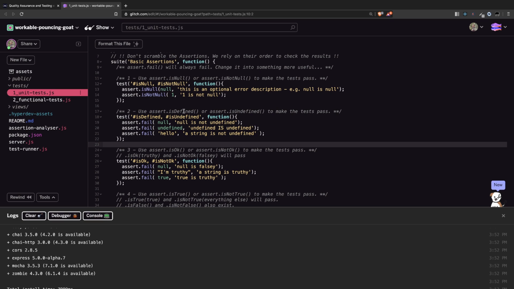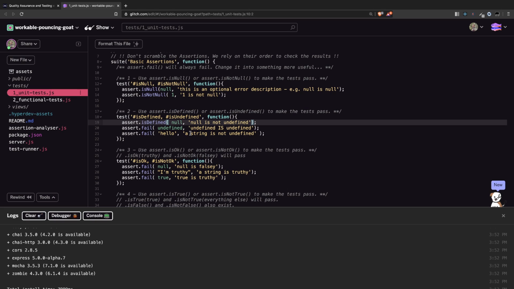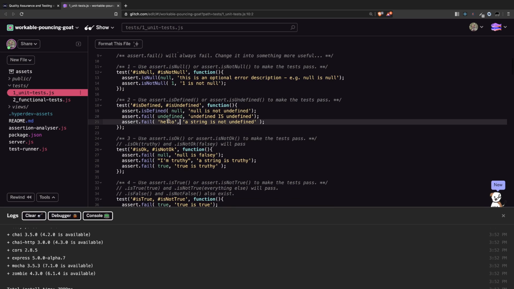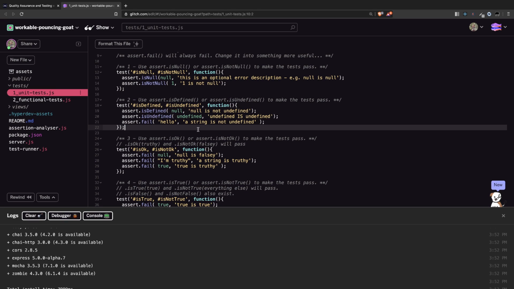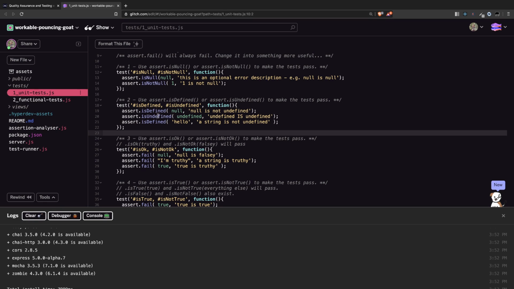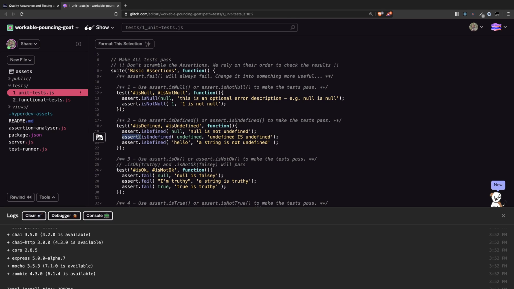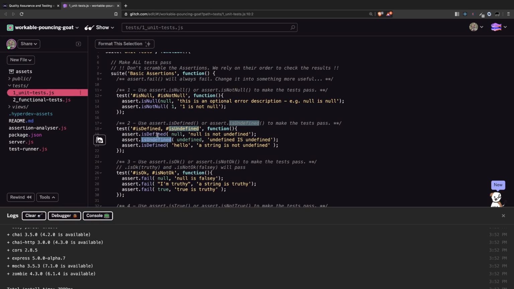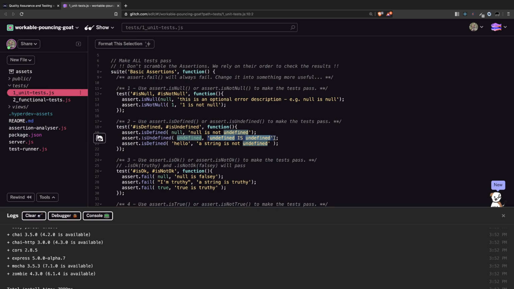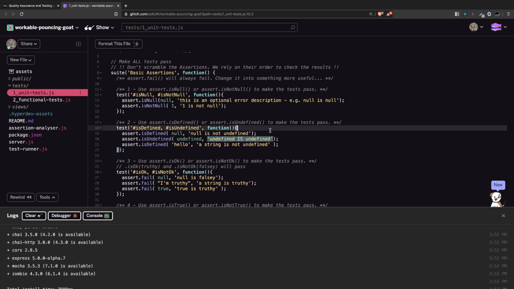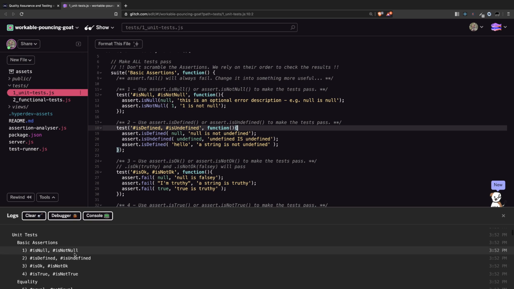Alright. isDefined. So this will check isDefined. Null is not undefined. Yeah, null is not undefined. Undefined is undefined. And the string is defined. So only this should pass. Basically for these, you say assert.isUndefined and you pass in the value. And then you pass in, I guess this is the message. So now if we check the tests,